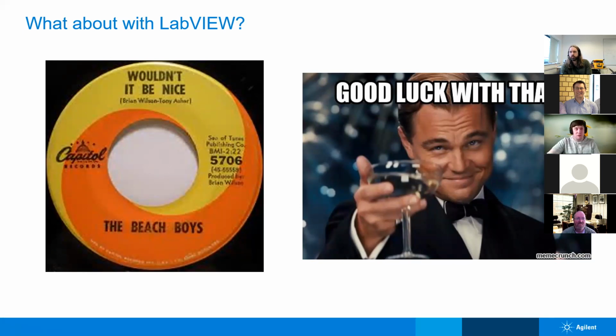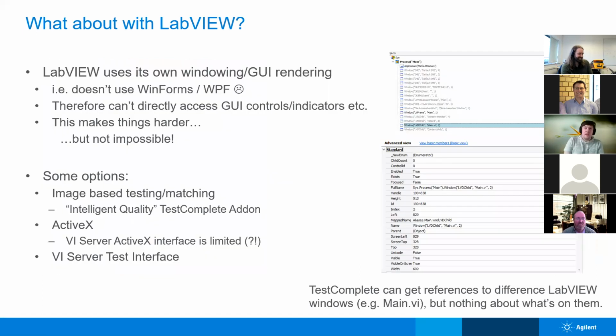But a lot of the things that you can do with a .NET application or a WinForms application, you can't really do with LabVIEW, because LabVIEW is a special beast. Basically, the thing that stops this from working for us is that LabVIEW uses its own GUI rendering system. So if you're doing a .NET application and using WinForms,